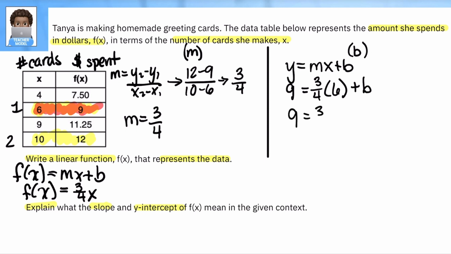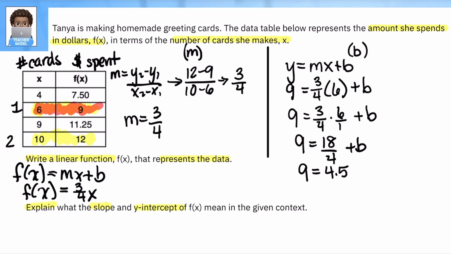Use my order of operations. 3/4 times 6 over 1 plus b. 9 is equal to 18 over 4. And let's simplify that out a little bit more. And you get 9 is equal to 4.5